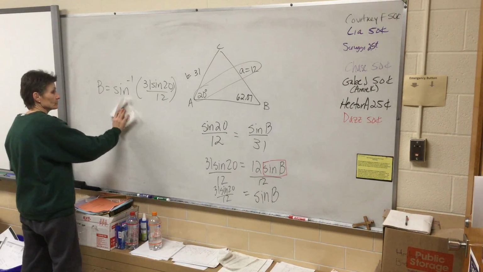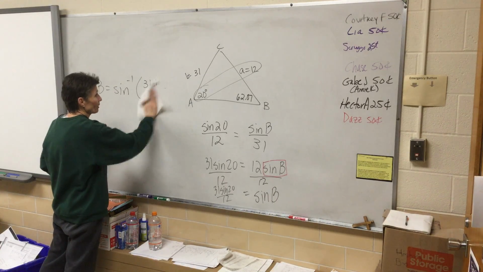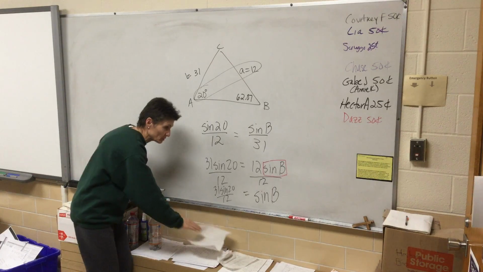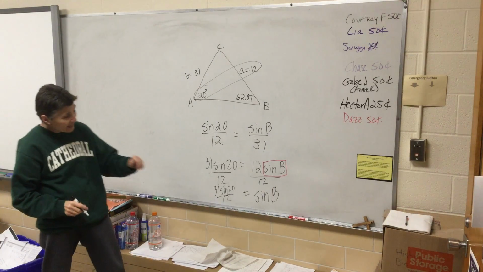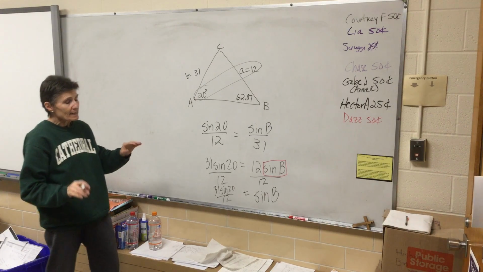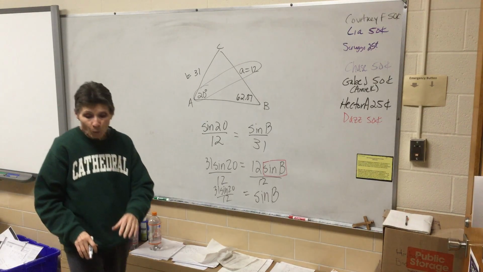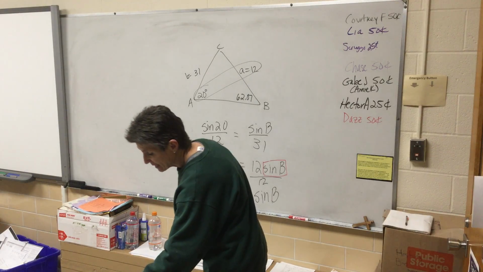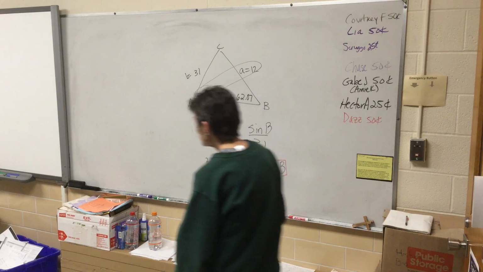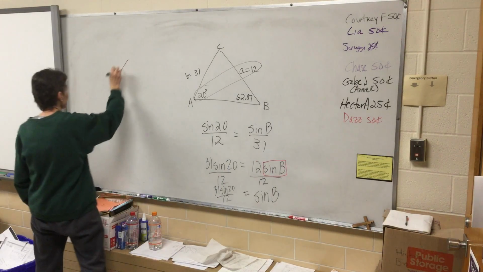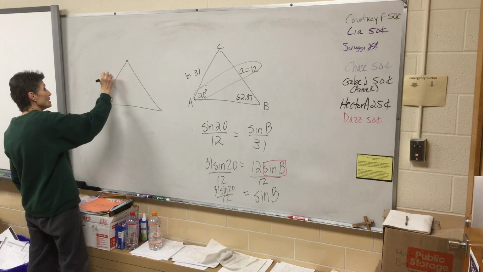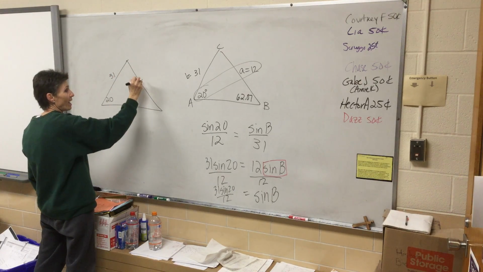Now, here's where the tricky part comes. So far, we set up our law of sines, we cross multiplied, we divided. We did have to do second sine, but that was all. Here's the tricky part. When the directions say how many triangles are possible, you have to check to see if another triangle is possible. So over to the side,